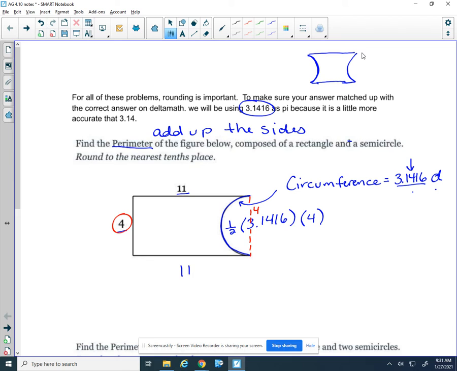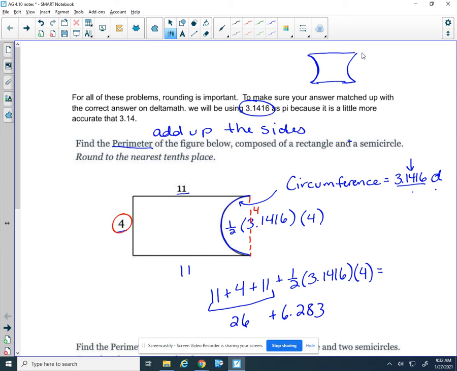So when we write these up to add, I'm just going to go around the figure. I have an 11, I have a 4, I have another 11, and then I have half of 3.1416 times 4. So I can just type that whole thing in, and I'm going to do it one more step, but you can just type it in. This is 26. This over here equals 6.2832. If I add these two together, that's going to give me